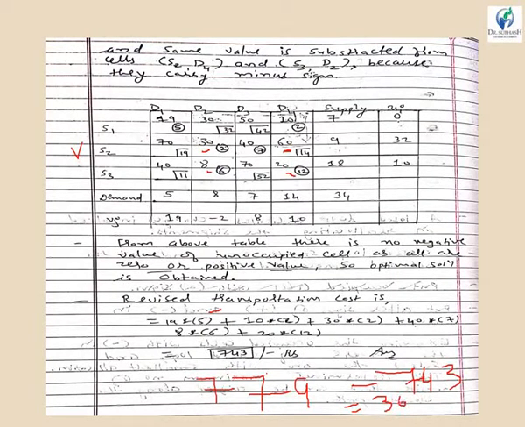So this is all about how to draw the loop when the unoccupied cell has a negative value. That can be drawn very easily. You will have to use horizontal and vertical lines. The thing to keep in mind is that the starting point and end point of the loop will remain the same. Put the positive value over there and draw the horizontal or vertical lines until you meet an occupied cell. If you meet an occupied cell vertically, then a right angle turn is taken only from the occupied cell. Similarly, draw the line till another occupied cell is obtained. So extend your line till that point.